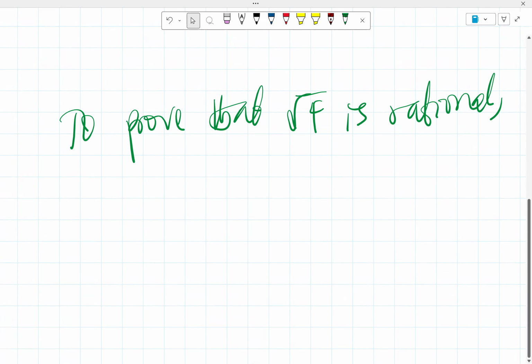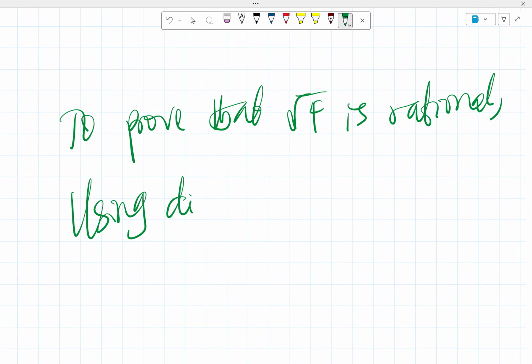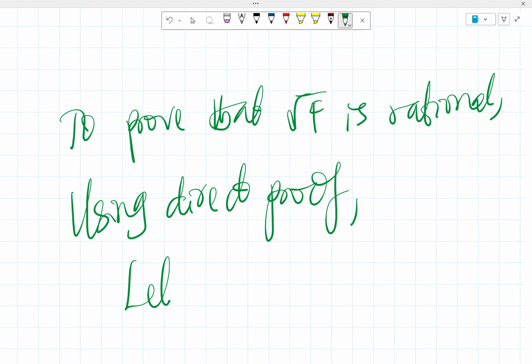We want to prove that root 4 is rational. So we don't have to do contradiction this time around. We can prove it directly, using direct proof. So you can let root 4 be a over b, where